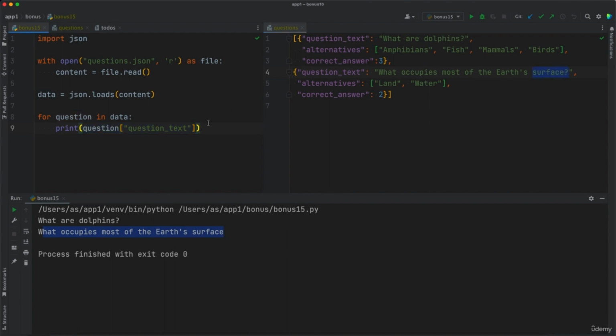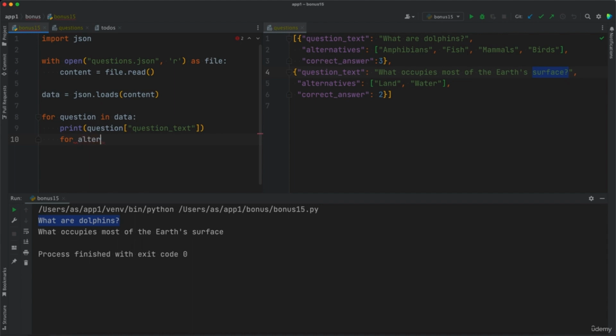And next, so after what are dolphins, we also want to print out the alternatives. For that, we say for alternative in question, how do we access alternatives? So question, again, don't forget, question is always the dictionary in the loop. And so now we go and we say question